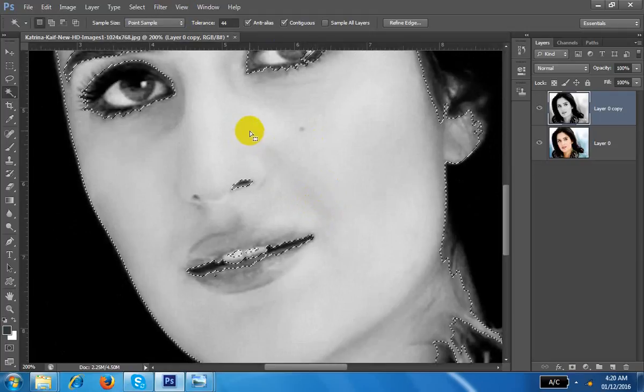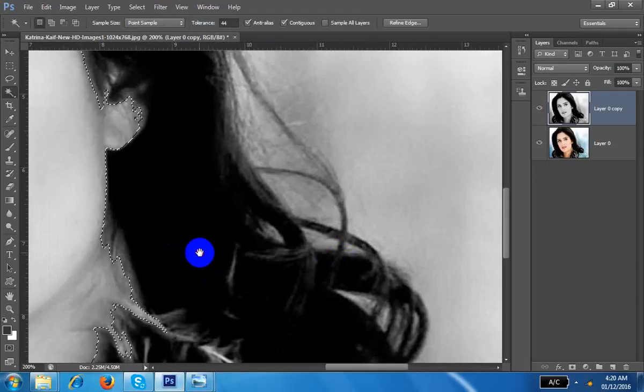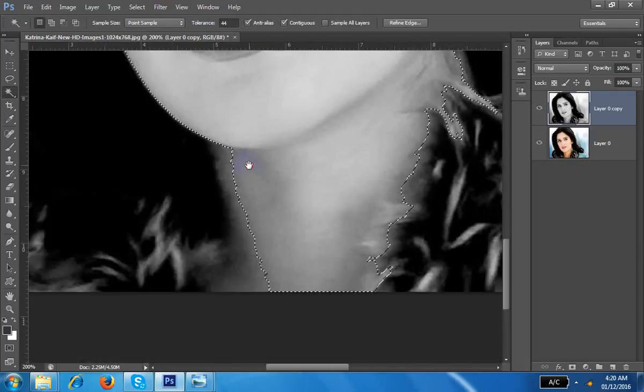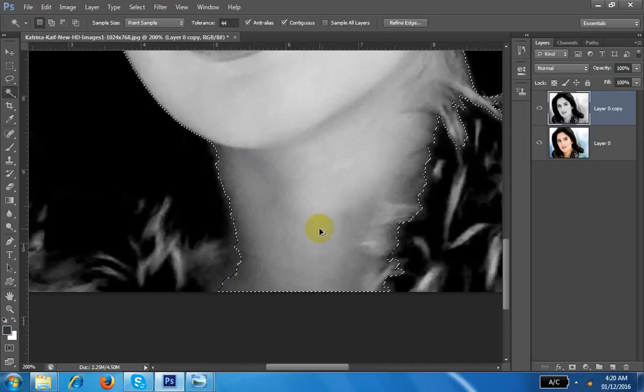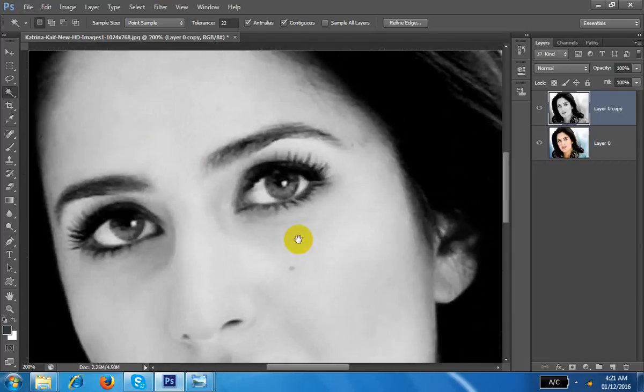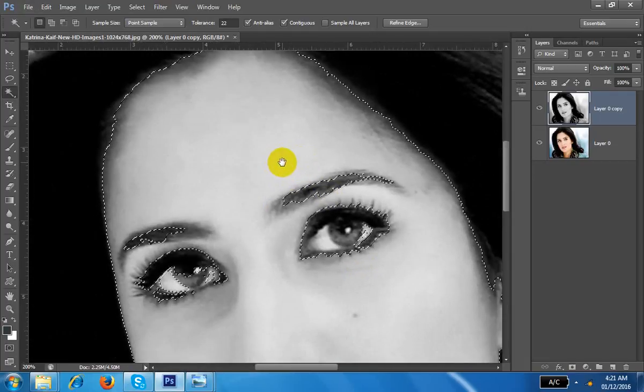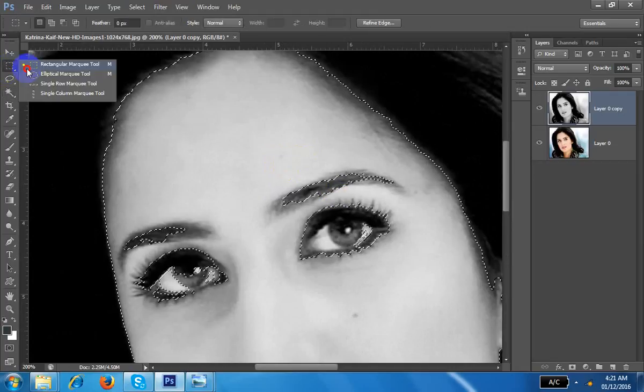After selecting the face, you can find something missing. You can hold down the shift and increase the selection. You can use 22, and again this one doesn't work. Control Z. Okay, so what happened?